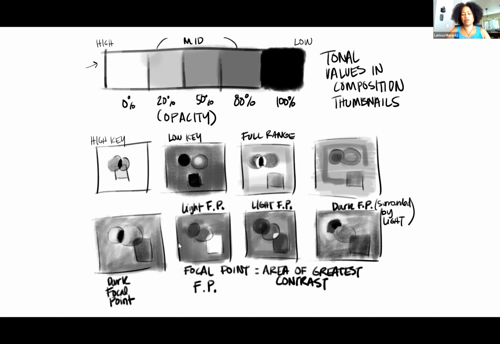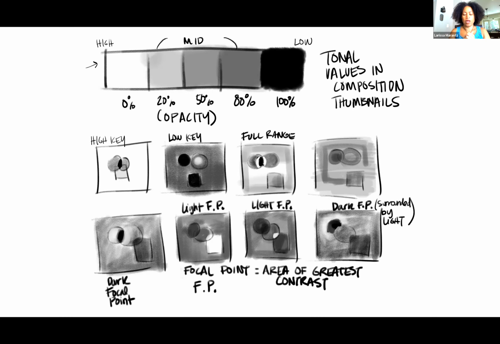And in your center of interest, for your focal point, you want to create a large range of contrasts within or around your focal point. Okay, so that means you're going to include white and dark values, or probably the full range